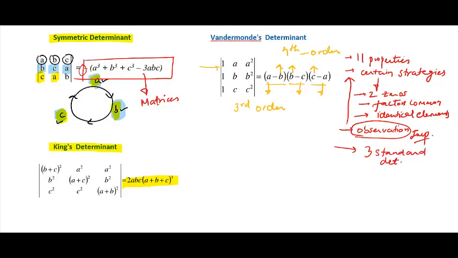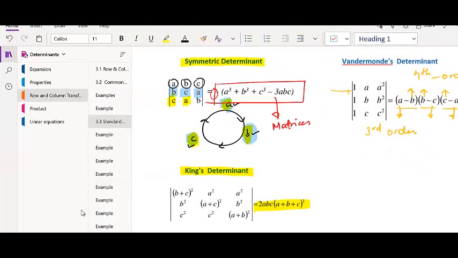So now, using this toolkit of 11 properties, 3 strategies, and 3 standard determinants, we are now ready to solve some more challenging problems which have actually appeared in JEE, and which are again crucial, or the approach is very significant for the understanding of the chapter. So we now proceed further for the problem solving part. And again, keep in mind that to solve the questions effectively, you have to be very comfortable with these toolkits. I'll recommend that you first learn the determinants, these standard determinants, उनको पहले याद कर लो, and only then proceed further, right? So we now start with the problem solving part.